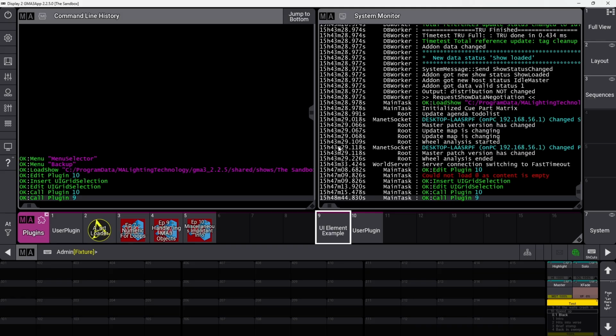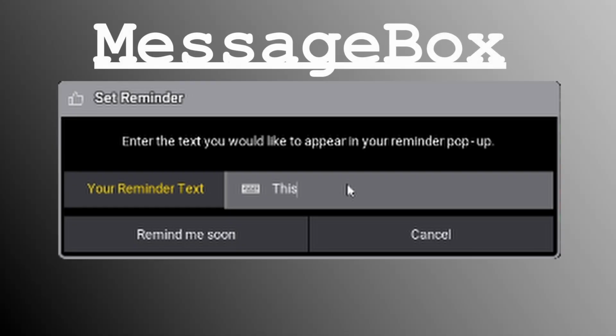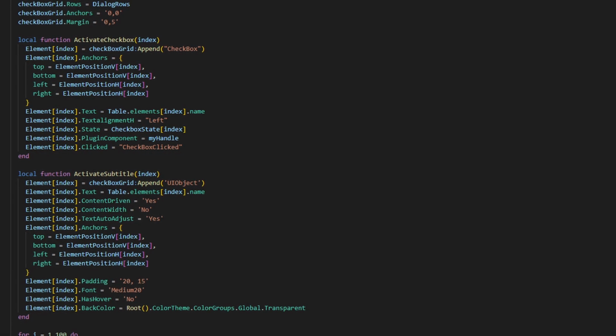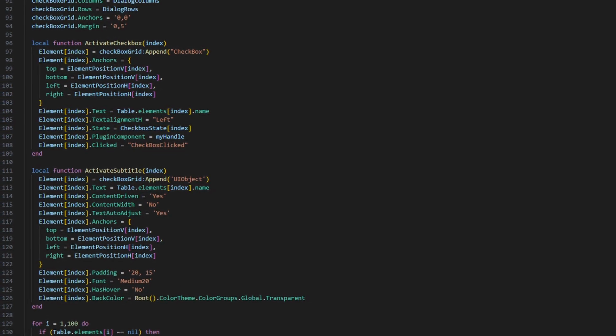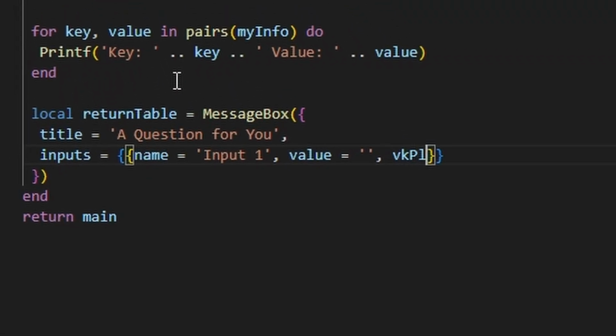So the question arises, when should you build custom UI elements? The reason I did it was because I needed to have the checkboxes ordered a certain way and with messages in between them. Message box only lets you do one message, which is always placed at the top of the message box, and your checkboxes get ordered alphabetically rather than however you want them. Another good reason to build your own UI element function at least once would be just so you understand how message box and other functions are functioning.